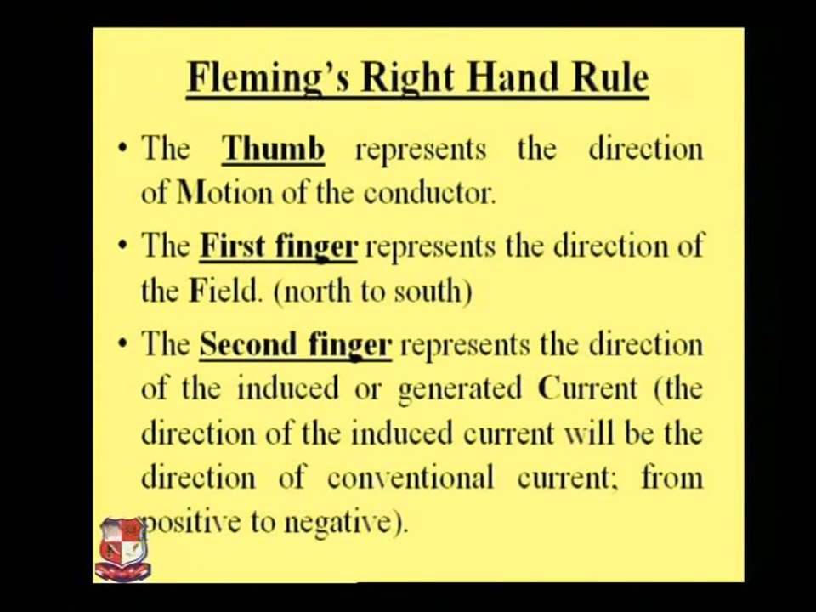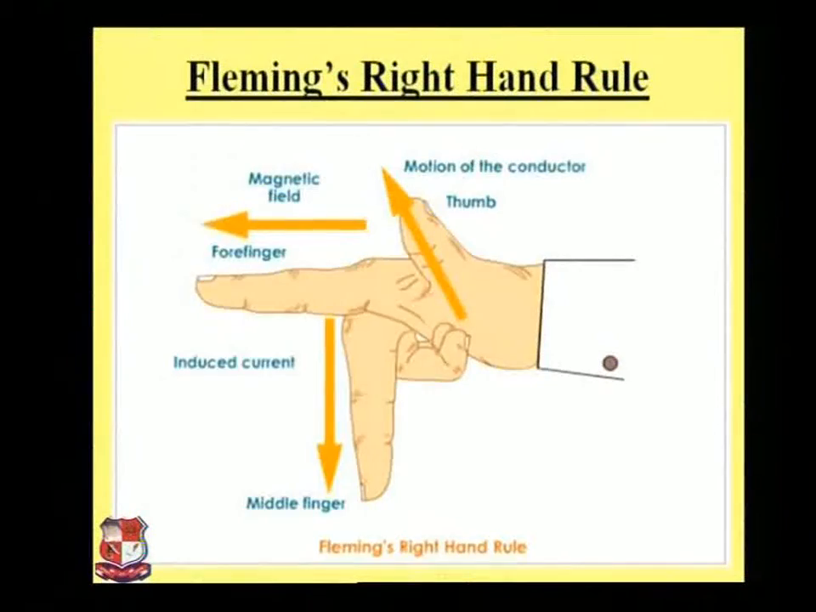The movement is like this. See, this is the figure where the thumb is perpendicular to the first finger, and the second finger is also perpendicular to the first finger, at 90 degrees. So your thumb represents the motion of the conductor, then the first finger represents the magnetic field, and the second finger represents the